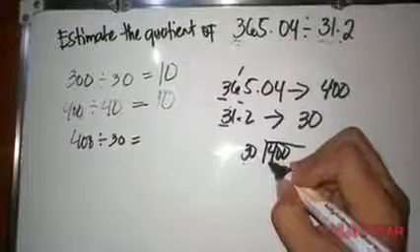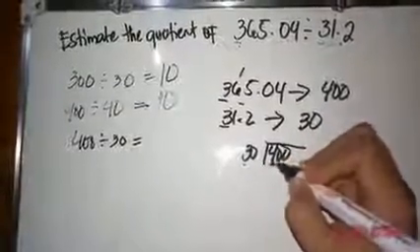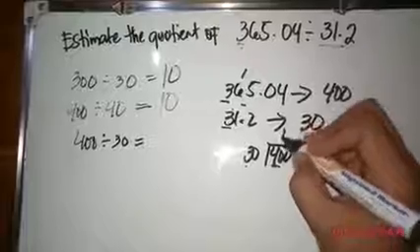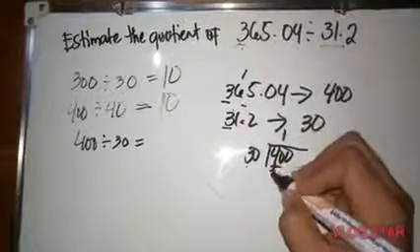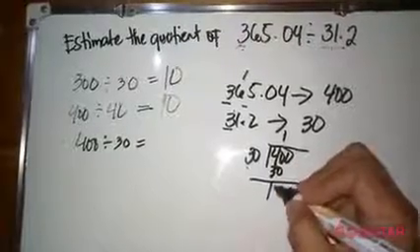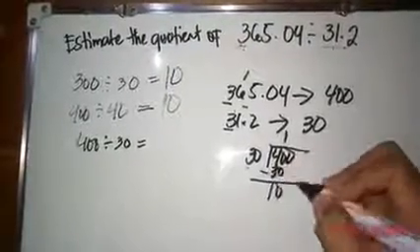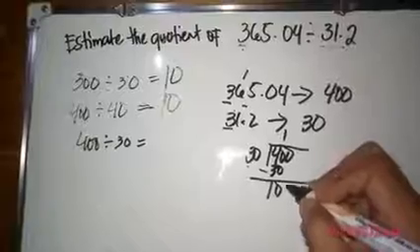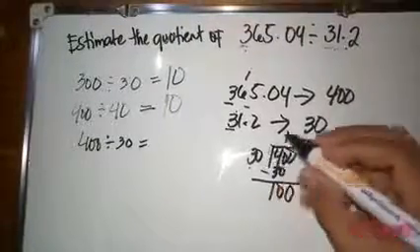30, then consider the two digits. 40 divided by 30 is 1. 1 times 30 is 30. Then subtract. 40 minus 30 is 10. Then bring down 0. 100 divided by 30 is